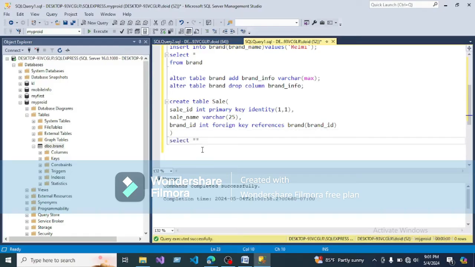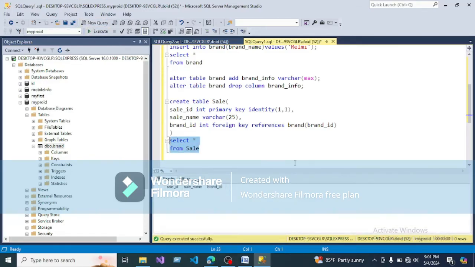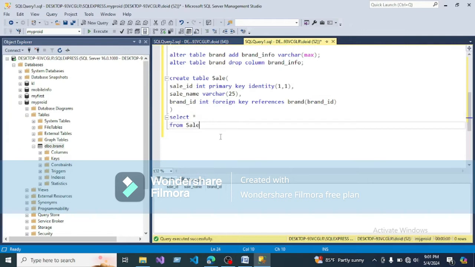Select star from cell. Now execute these two lines, and this is my new table: cell ID, cell name, and this is the brand ID. I want to insert some values into my table. Okay,